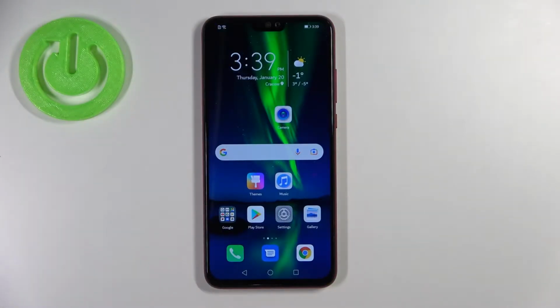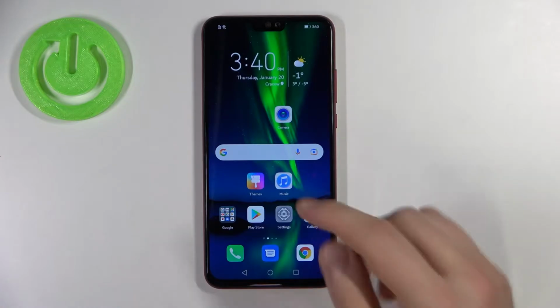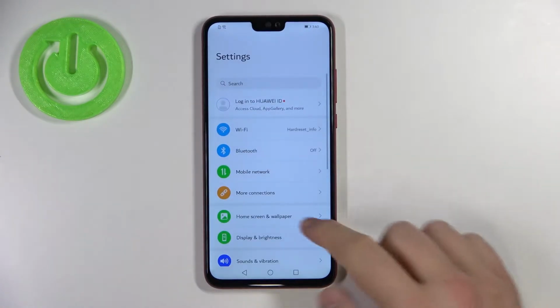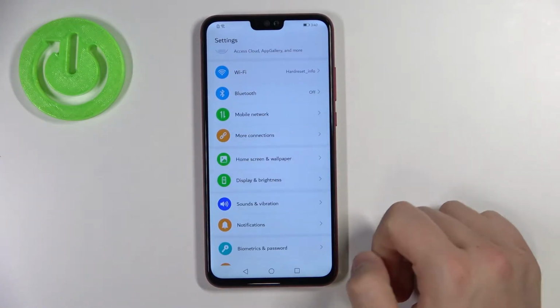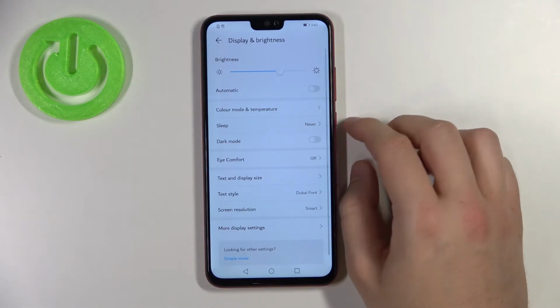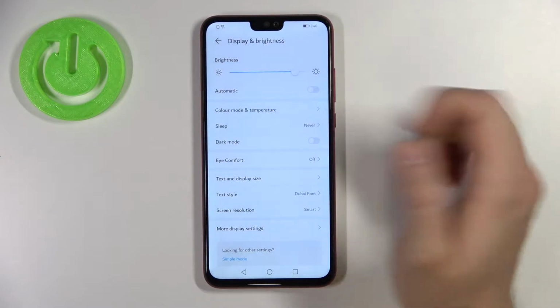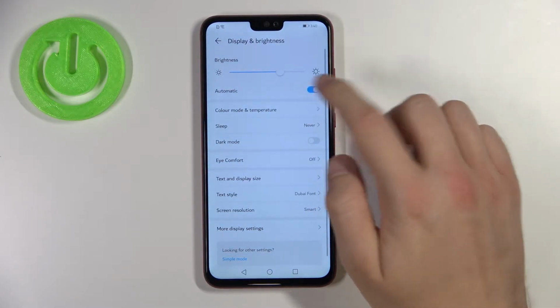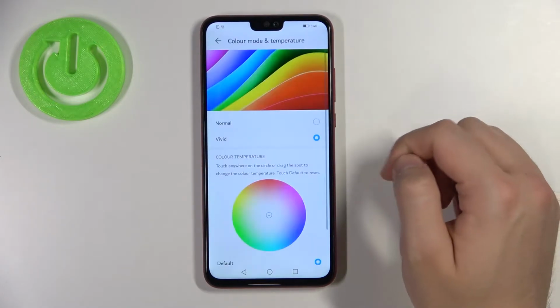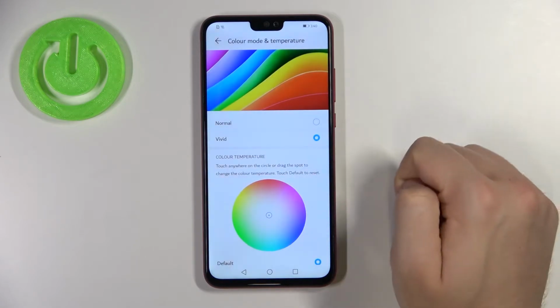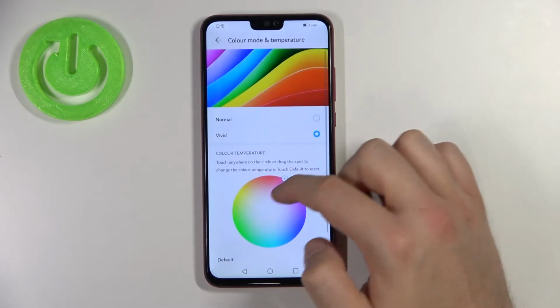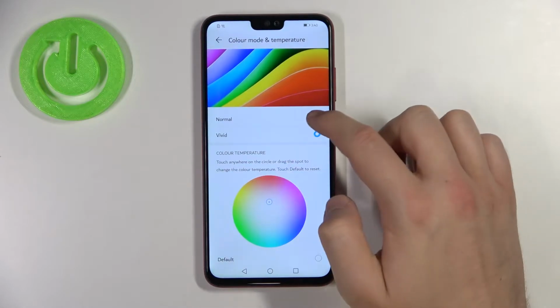Welcome. If you want to find display settings in your Honor 8X, at first you have to open the settings. Next, go for the display and the brightness, and here we are. As you can see, we can find here a couple of options, like we can adjust the brightness level of the screen, we can also make it automatically, we can change color mode and the temperature, we can also make it manually by using this slider,